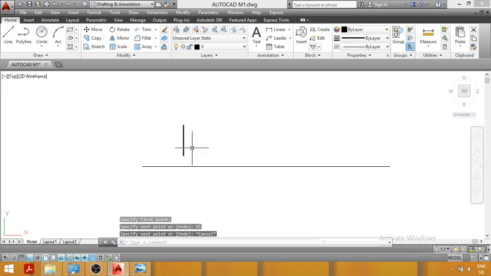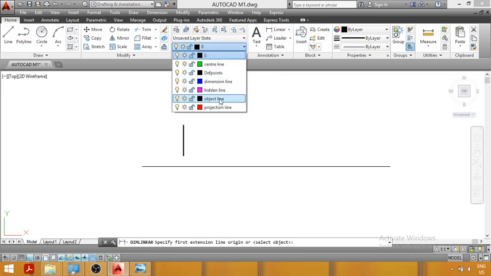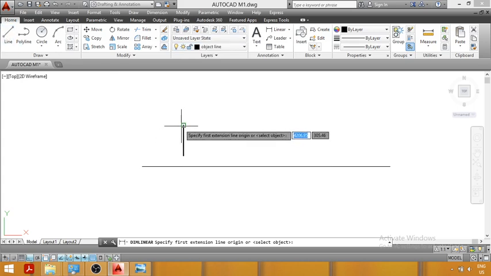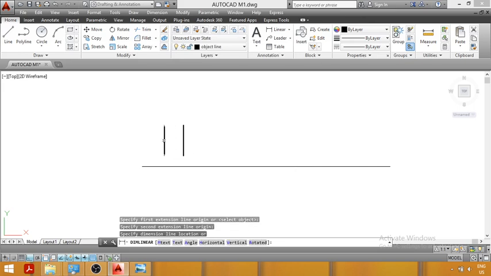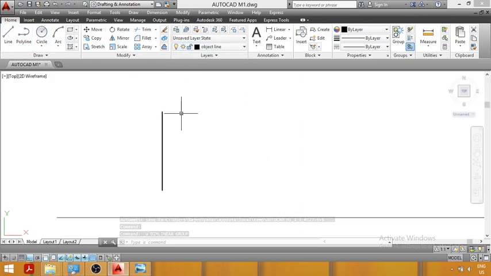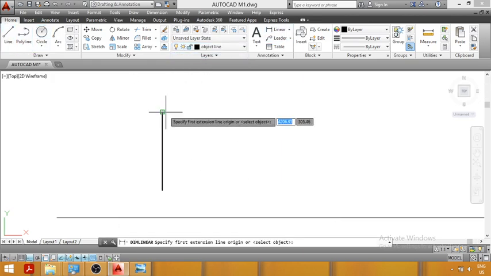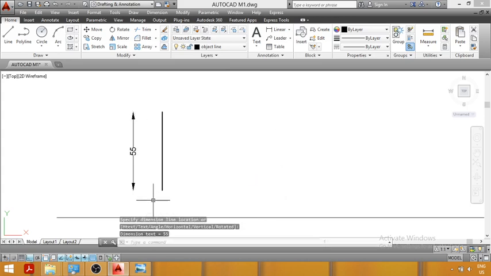You can see I have drawn a line of height 55 mm, and now I will give the dimension. I am zooming here, so you can observe the height of this part is 55 mm.